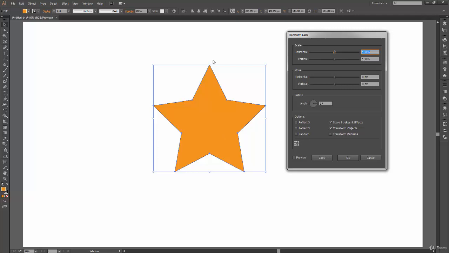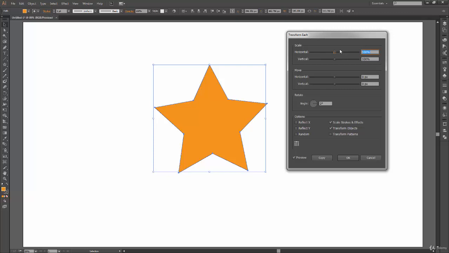Now my reference has been set to this one, and from here onwards I can change my angle to 15 degrees, or let's make that circular pattern again. So 2 degrees, turn on the preview, and this time along with the angle, we are going to scale the shape also.